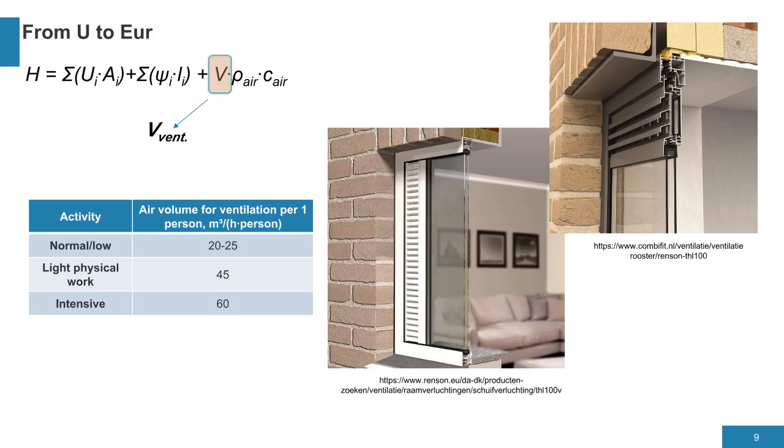Knowing the number of building occupants, we can easily determine the volume of fresh air that will enter the building through natural ventilation and will need to be heated by the heating system. Sometimes the exact number of occupants is unknown, but the building size can be used as an indicator. In such cases, an air change rate per hour can be applied. This may start from a level of 0.5 air changes per hour, meaning that half of the building's air is